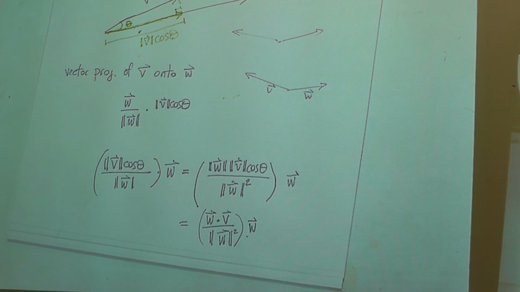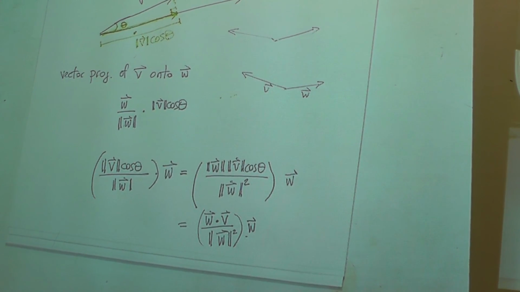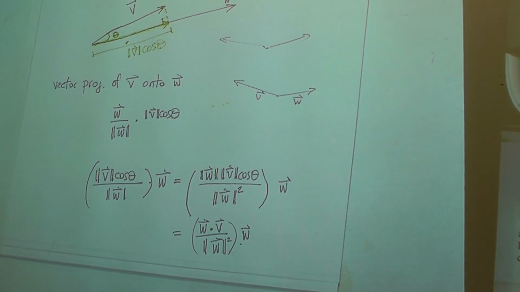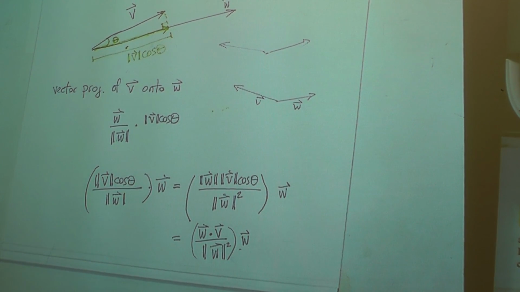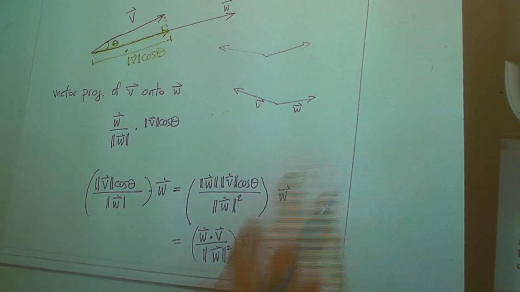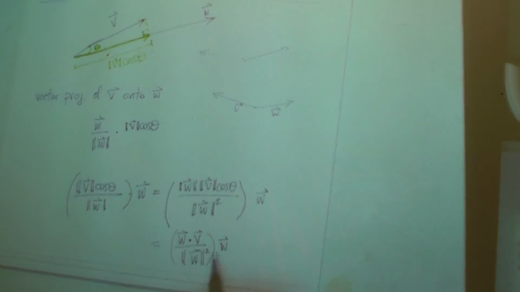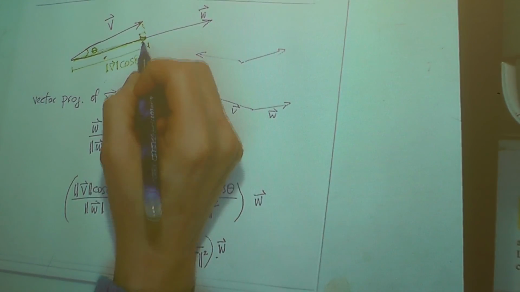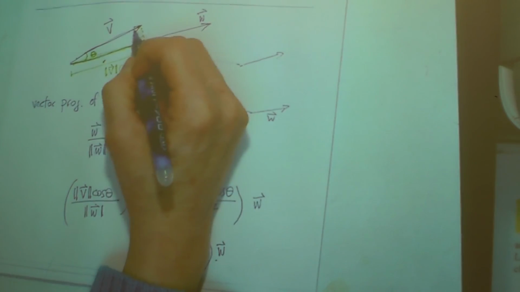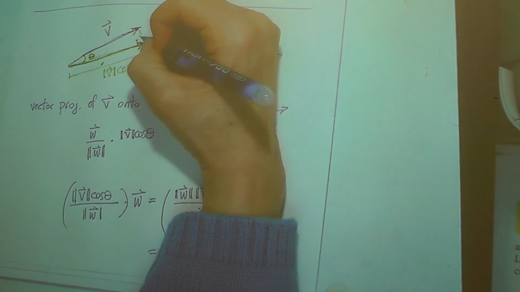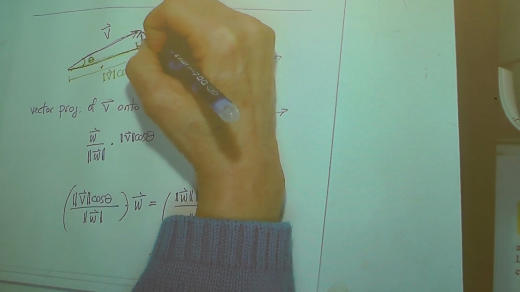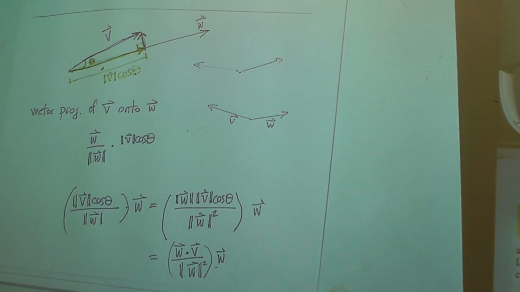It's either that or maybe the scalar projection keeps the sign. I can't remember. I have to look. Okay? If you took this vector, which is right here, and you subtracted it from V, what you would get would be this vector, which is the other